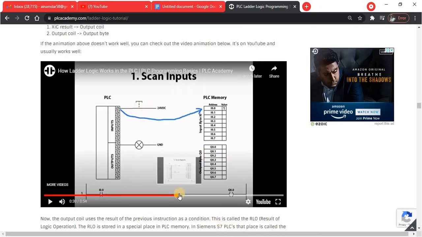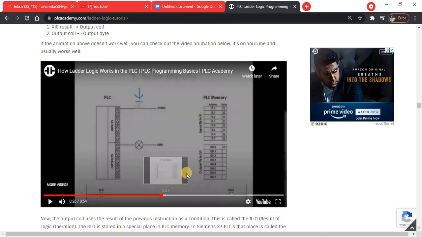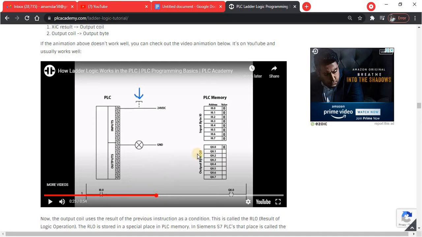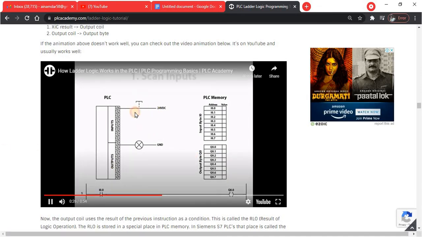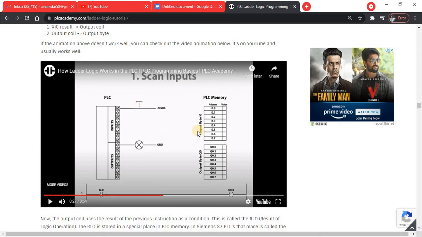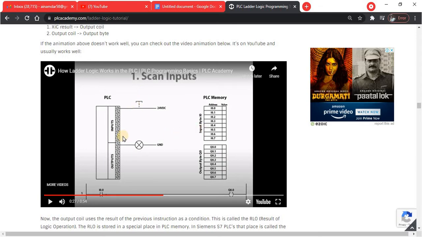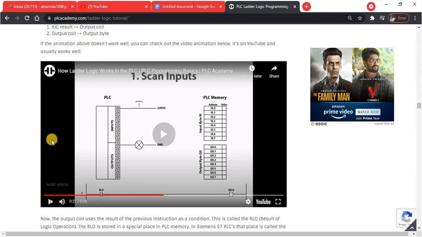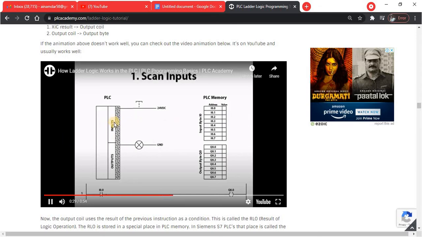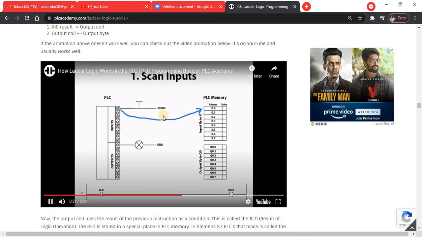Then when the switch is closed, okay, I'll rewind. When our switch is closed, then what will be the difference? It will first of all scan the input again. You can see here, scan the input.